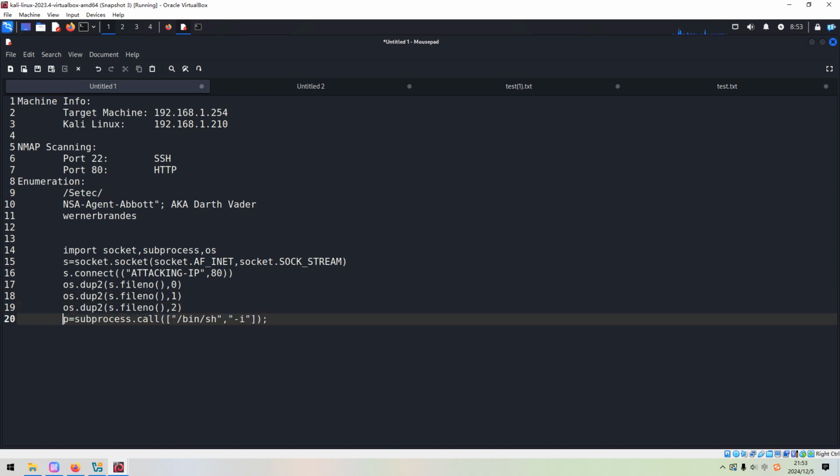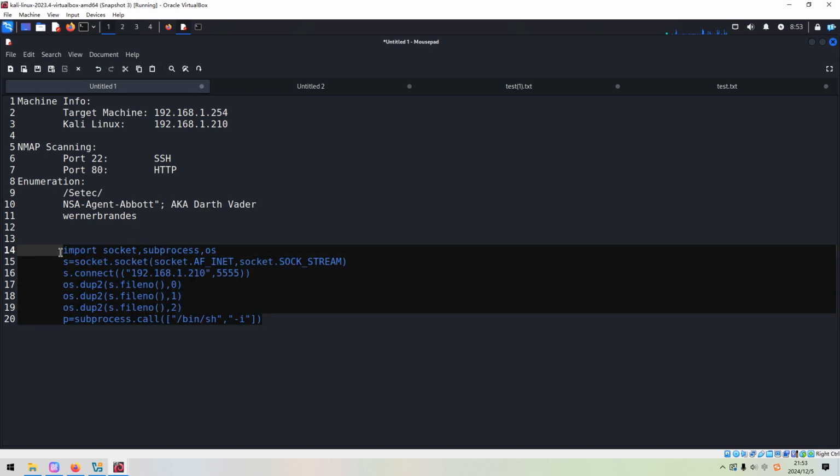And okay, and I think, of course, we need to change this IP address to our Kali Linux. And port number, we can use any port number. On the Linux, we can copy.